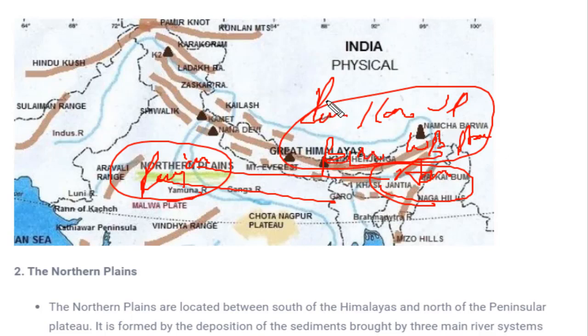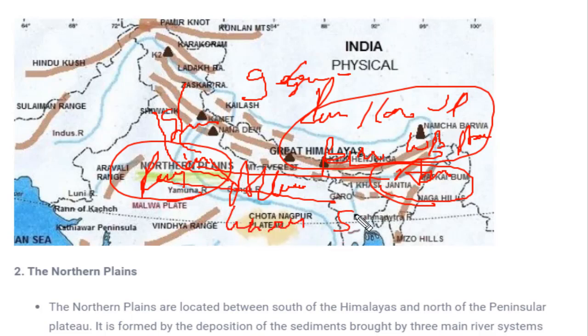How is this northern plain formed? Any plain is formed by sedimentation or erosional effects. Many rivers flow through these plains, like the Indus River, Ganga, Brahmaputra. These rivers flow through the northern plain, and they deposit alluvial sediments on it. Because of this deposition of sediments, this landform is plain, and it is very fertile. It is used for growing crops like wheat, rice, sugarcane, pulses, oil seeds. So these are very fertile and used for growing these things.